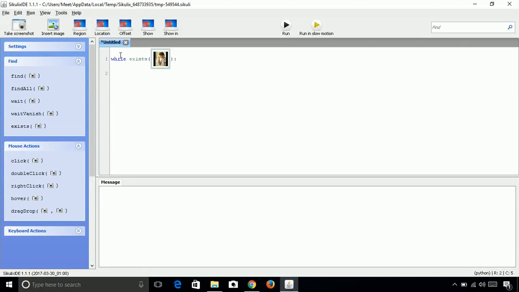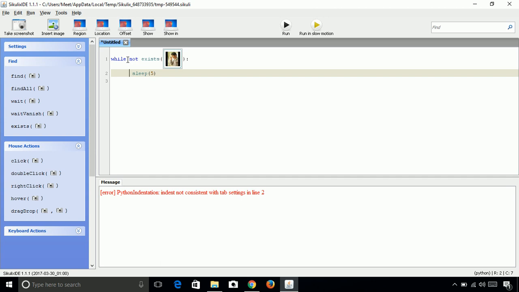So what we want to do is, when it does not exist, let's make the script sleep for 5 seconds and then check again. So until Meetsha updates, we are not going to get to the next statement, and then we are going to have the pop-up message. So it's like Meetsha has updated his status, and then we can also give the alert name, so we will get that notification.